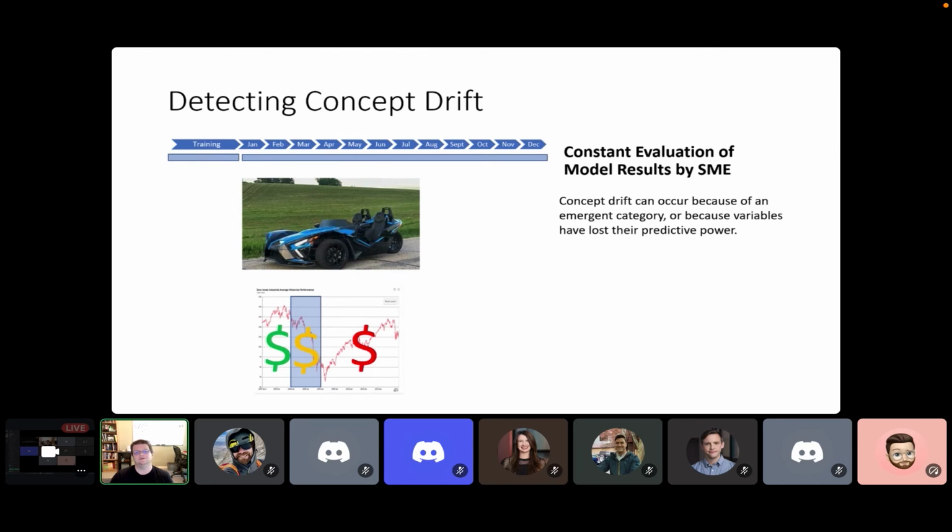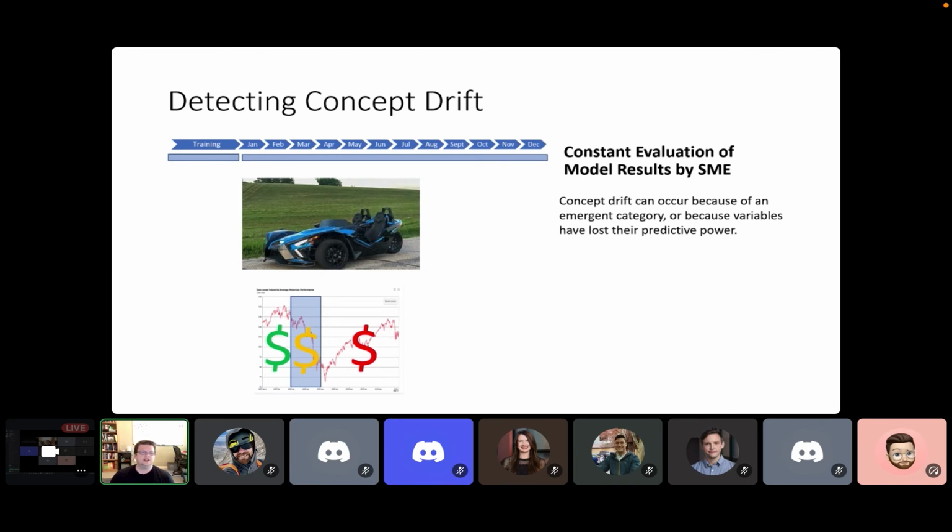And finally, concept drift. So I talked a little bit earlier about the fact that concept drift is something you have absolutely no control over. It's all about whether or not your environment happens to be changing. So if you think about the example we showed a second ago of the machine learning model that's